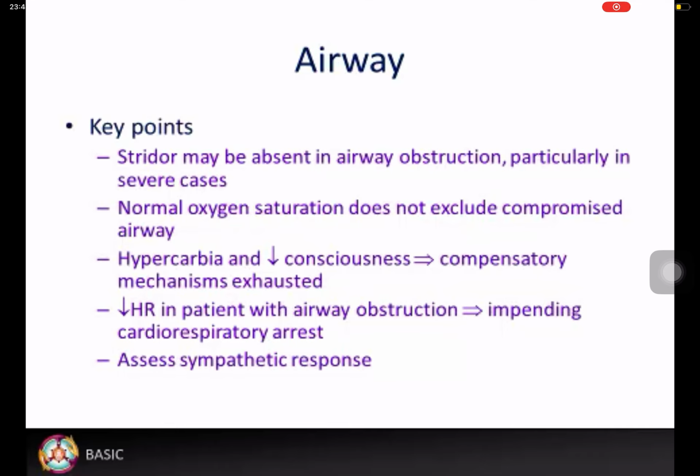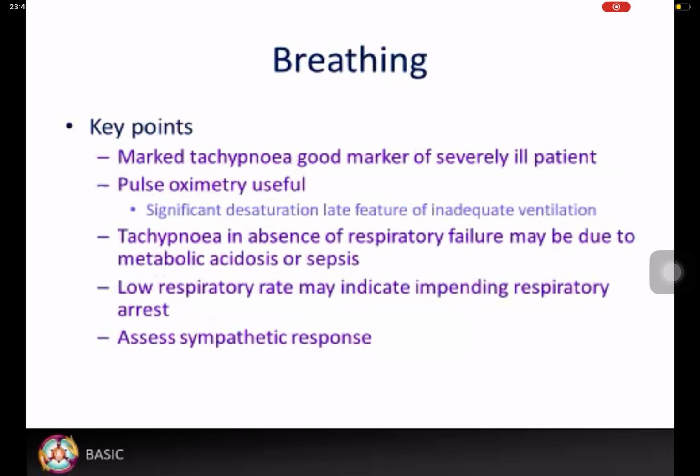Hypercarbia and decreased consciousness indicate that compensatory mechanisms are exhausted. Bradycardia in a patient with airway obstruction suggests impending cardiorespiratory arrest. And, as in all critically ill patients, assess the sympathetic response, as the magnitude of the response gives a guide to severity of illness. For breathing, the key points are: marked tachypnea is a good marker of a severely ill